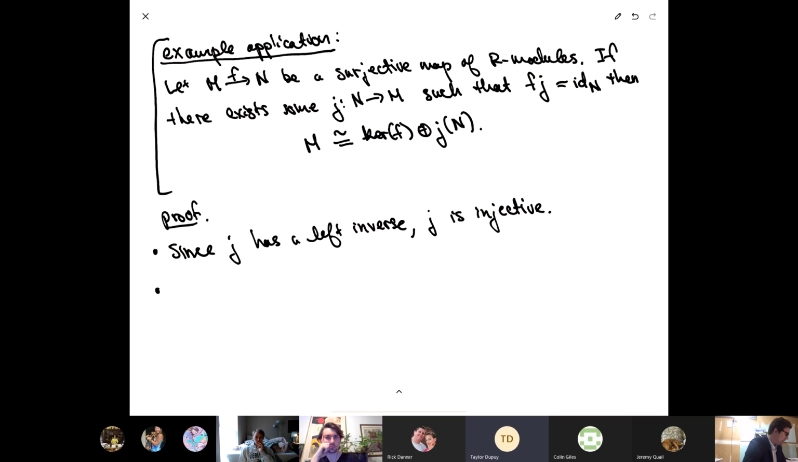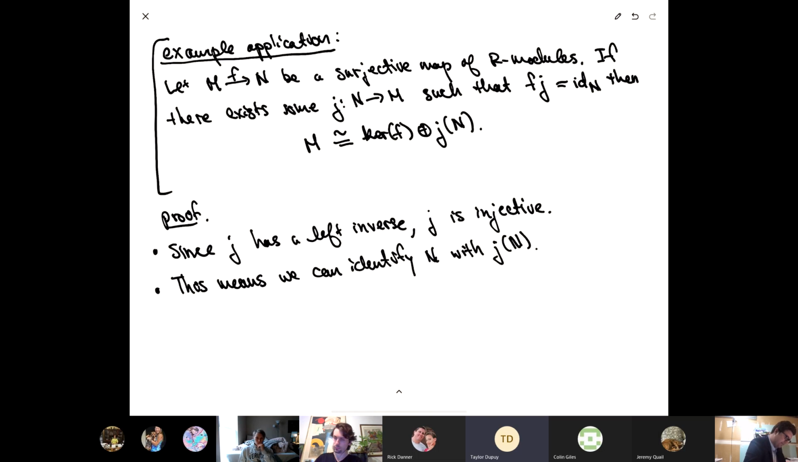Okay. So this means we can identify N with J of N, its image in M. These two things are really the same. We won't really use this, but I just wanted to tell you that when you have an injective map, you can view the image as isomorphic to the source. Okay, so to prove our claim,